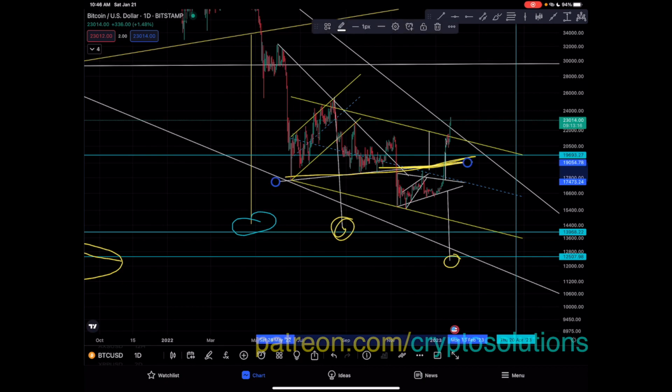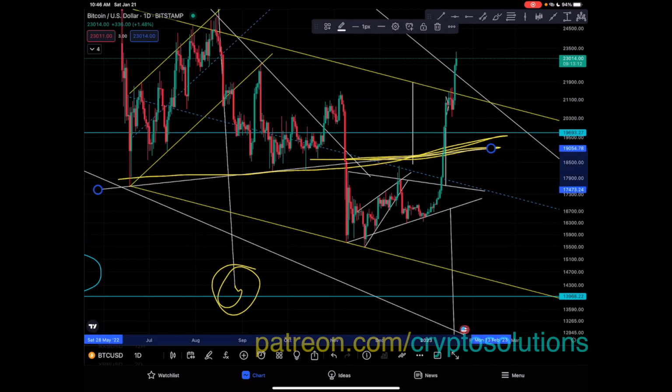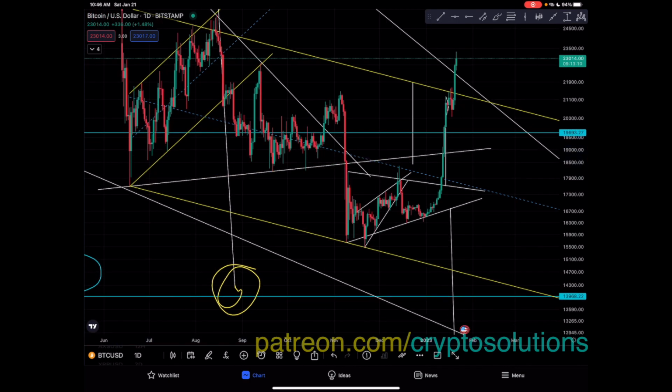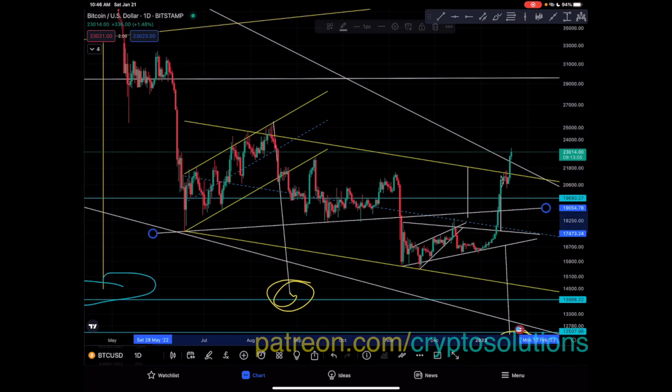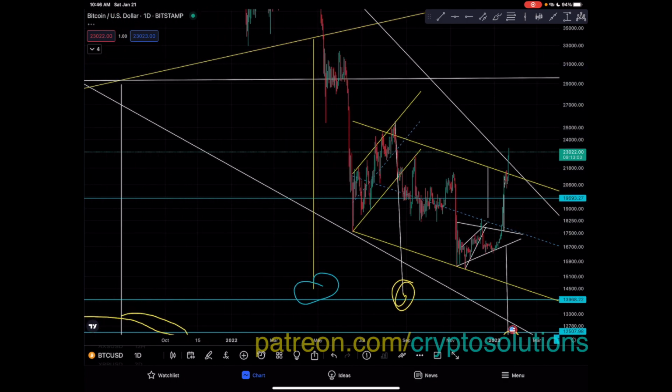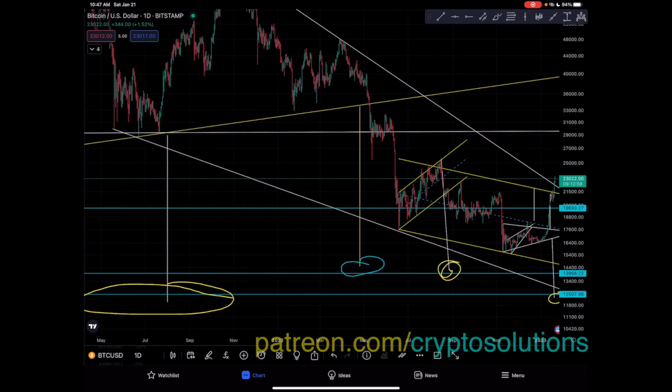Let's see here. So I'm gonna delete also this. Just a second here, guys. So here, okay, I'm gonna delete the descending triangle right here. So I want to show you guys also another thing that I saw here that potentially may have already